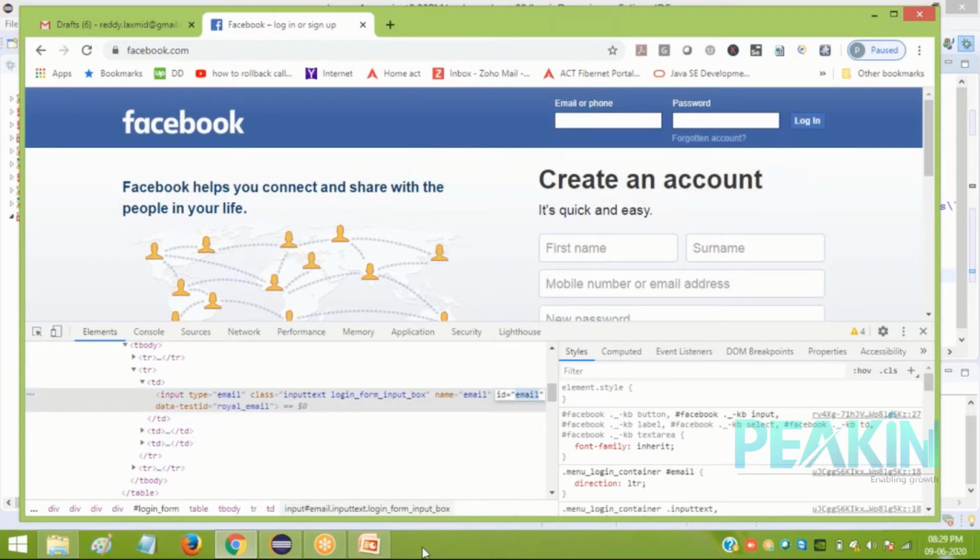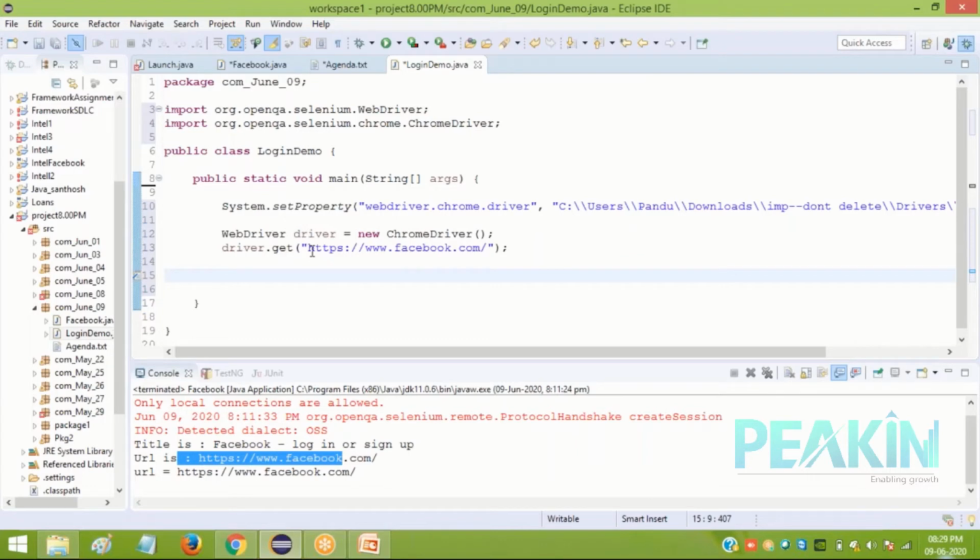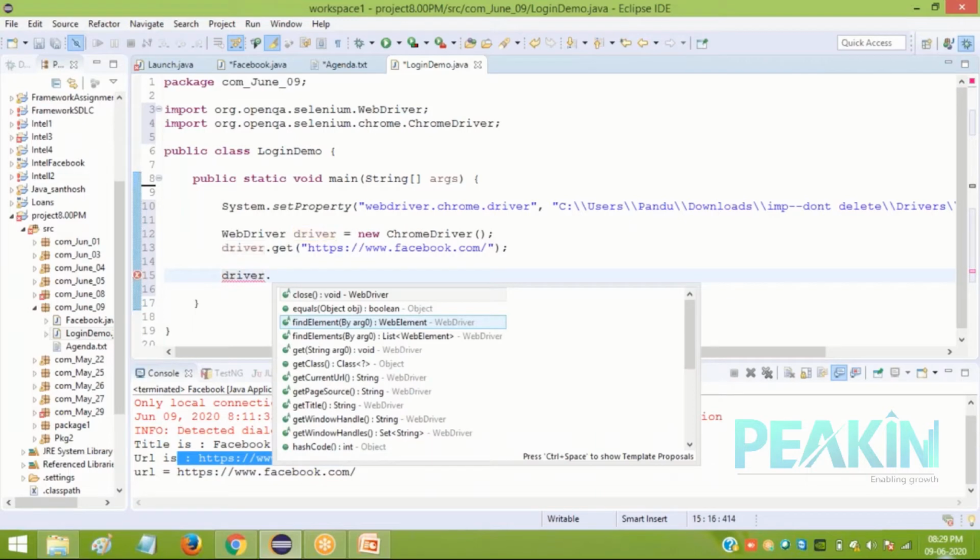I've copied it. Now come here. How do we find where the element is on Facebook? The object is driver. With the same driver, I have to find the element present on this website. So driver dot. As you place a dot, among these methods you find one method, find element. Find elements also exists. Find element means a single web element, and this one returns multiple web elements. So you're going to find one single text box, so I'll use this method.